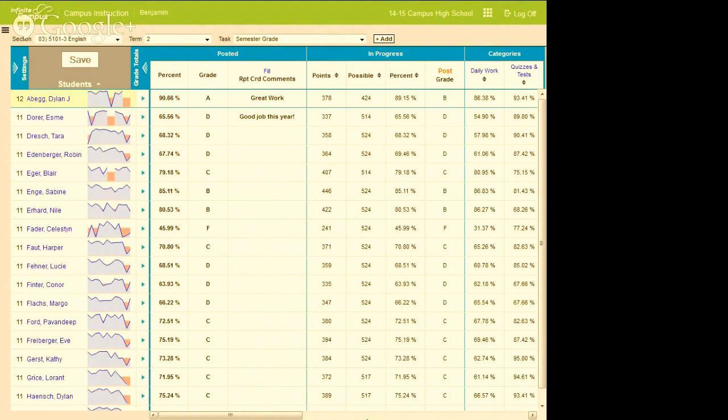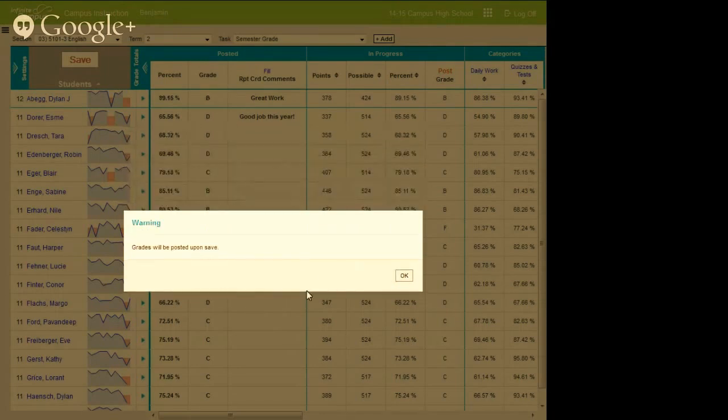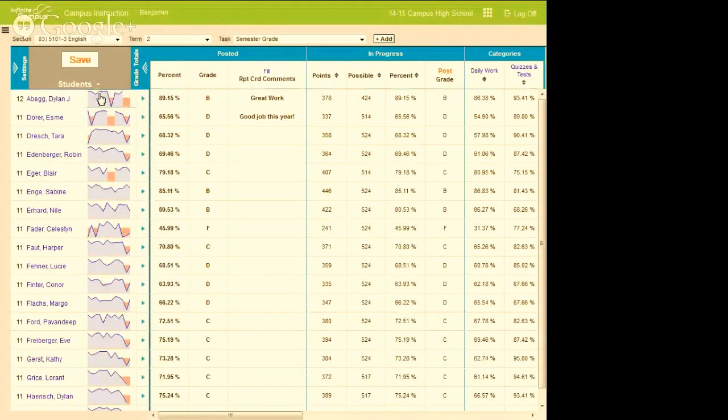What the teacher has to do is go in, hit post. Yes, it's going towards a semester grade. Grades will be posted upon a save. Done. So I just submitted all of my grades for report cards, and if I want to, or if mandated, I can have an area for report card comments. Whether those are canned comments, I can select from a list of approved ones, or I'm able to write my own. That would be up to the schools. But that's the whole grade submission process from a teacher side.